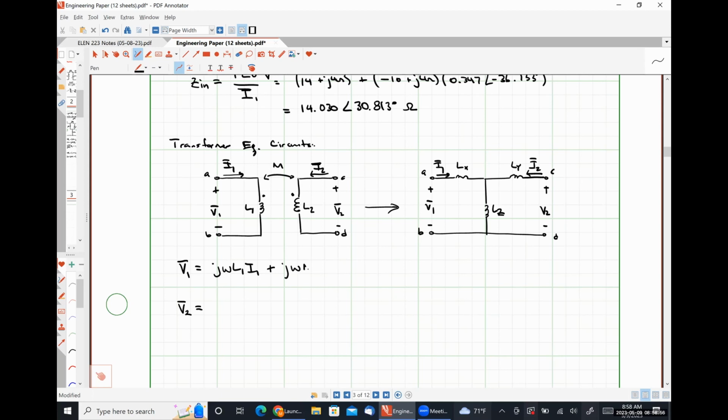J omega M times I2. And I write my KVL equation for the secondary side effectively as a transformer, and I'm going to get V2 is equal to J omega M times I1 plus J omega L2 times I2. If I write my KVL equations for this equivalent network, or what I'm trying to make equivalent, I would have